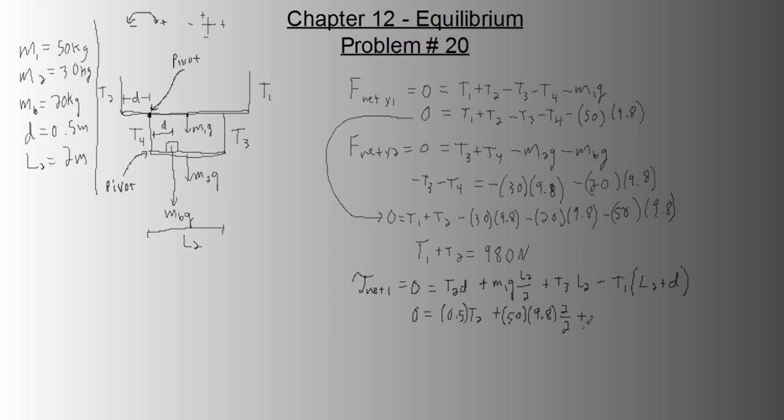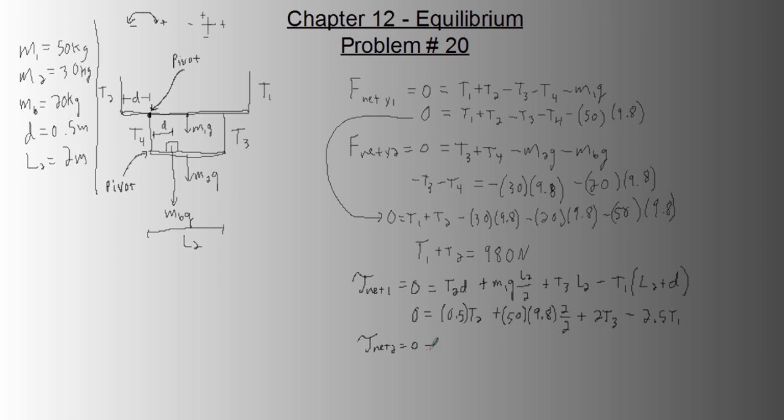Plus, and we know that L2 is 2, so this is 2T3. Minus, and this is going to be L2 plus D, which is 2.5, so this is minus 2.5 T1. Alright, so we're going to leave this alone for now, and we'll do torque net 2